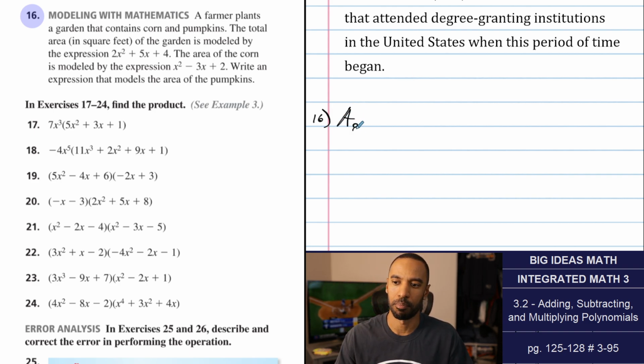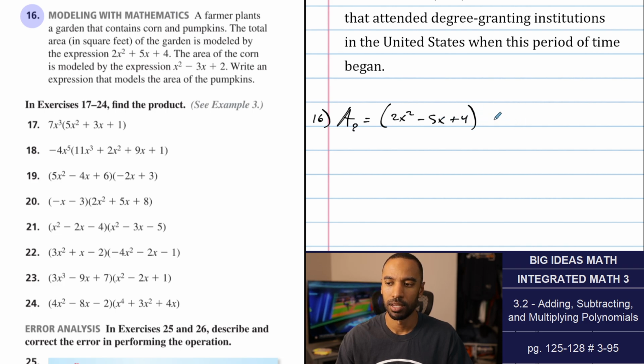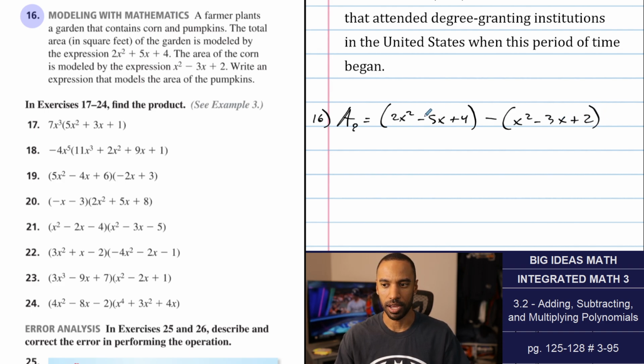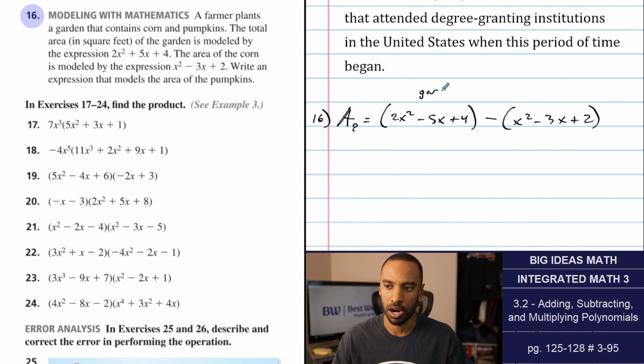The area of the pumpkins is going to take the whole garden area, and this is one you definitely want to wrap around parentheses. And I will not use vertical for this one. Whole garden area minus corn garden area. You got to wrap it around parentheses. You got to do area minus area. This is garden minus corn. I should put a sub g minus a sub c for a sub